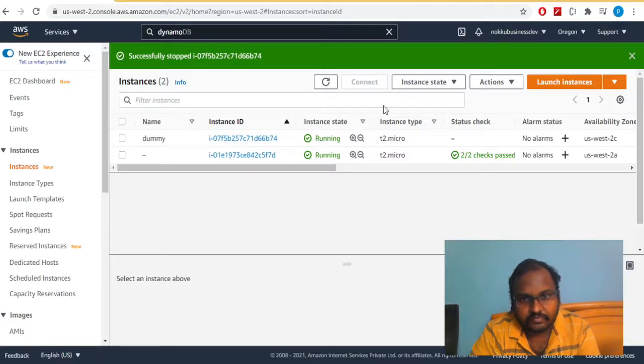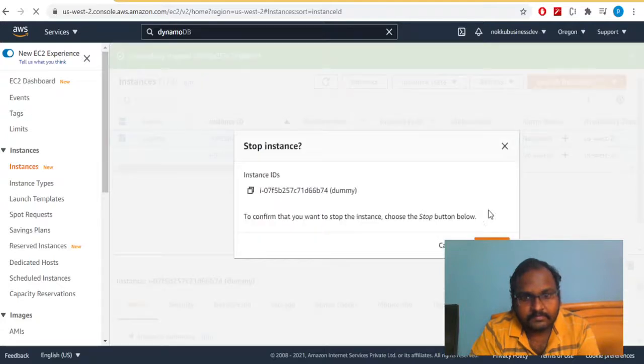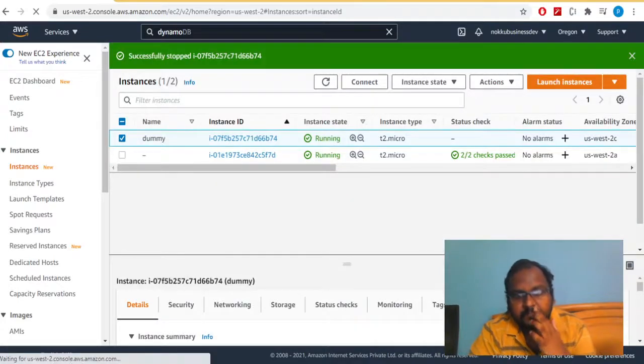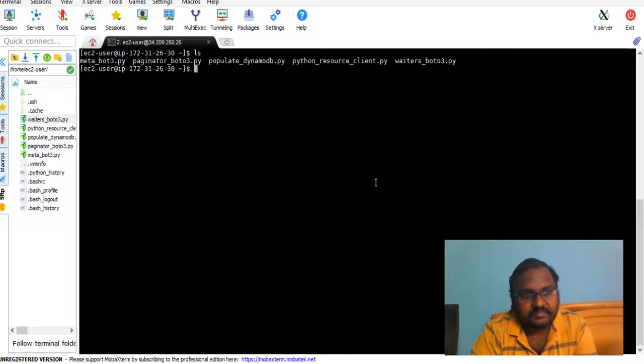So it's running, so let's stop it. And I also created one DynamoDB table, paginator, and I populated it with 2000 items. I will show you the steps of how I populated it. And the third thing is